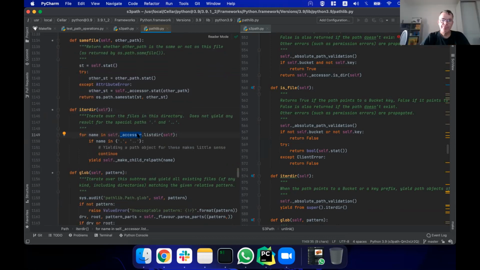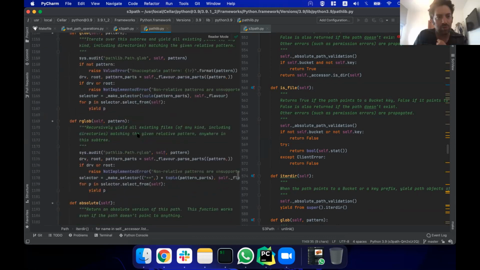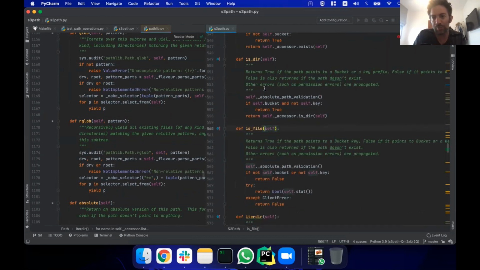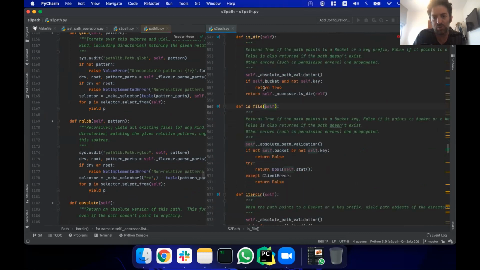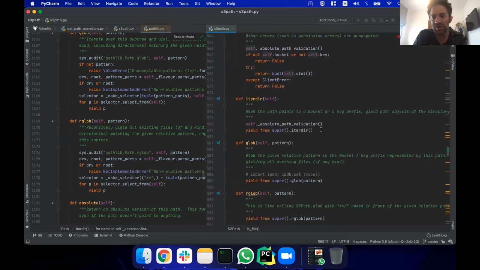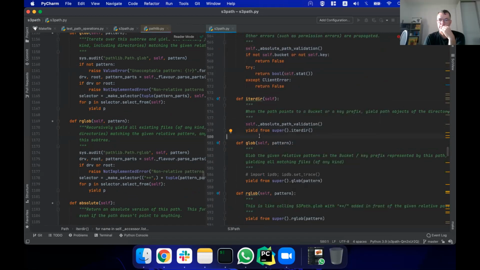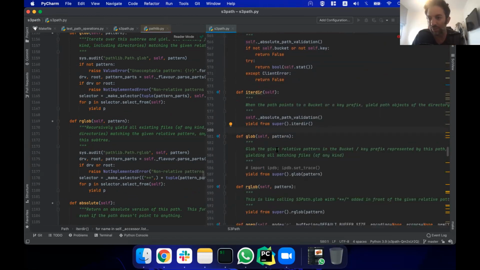Yeah. Okay. So if I'm looking now, for example, in s3path, in most of the places I will just call super. Mm-hmm. Okay, I will take it down to their level.